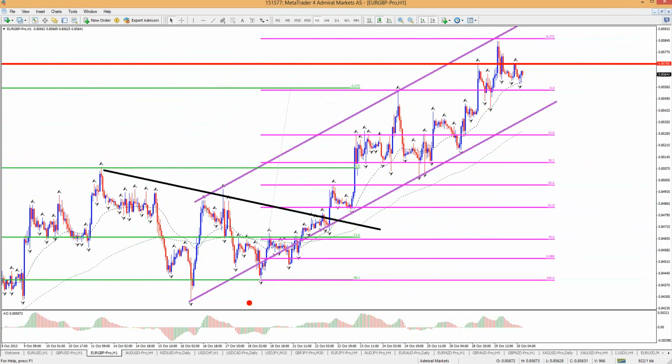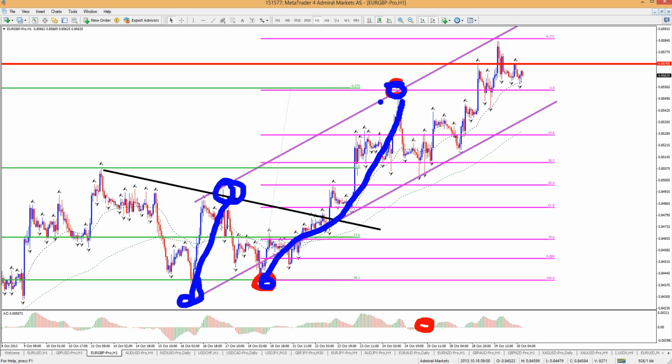The reason is, looking at the oscillator, that here it crossed the zero line, and here it crossed the zero line, right? So this move up can be seen as one move up, and this move up can be seen as one move up, right? So that's why I put the fib from there to there. And we got a 382 bounce, and we went right to the minus 272 target.